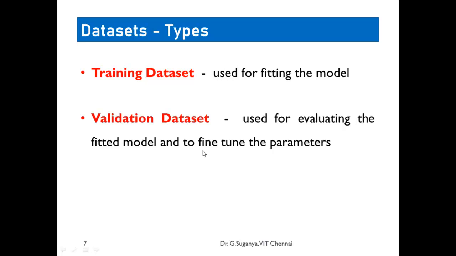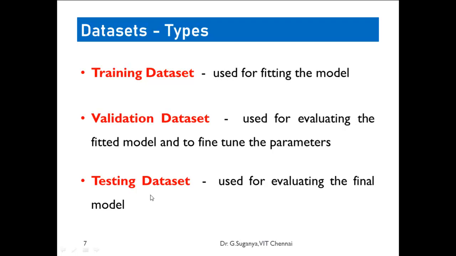So 30 students I'm going to use for training with my new technique. Once that is done, I can ask for feedback from a portion of the students to understand whether I can go with the trained model as such, or whether I need to fine tune it by improving something. So what is required here? The validation data set that you choose has to be unbiased. If it is biased, then the situation will become worse, and hence it needs to be unbiased.